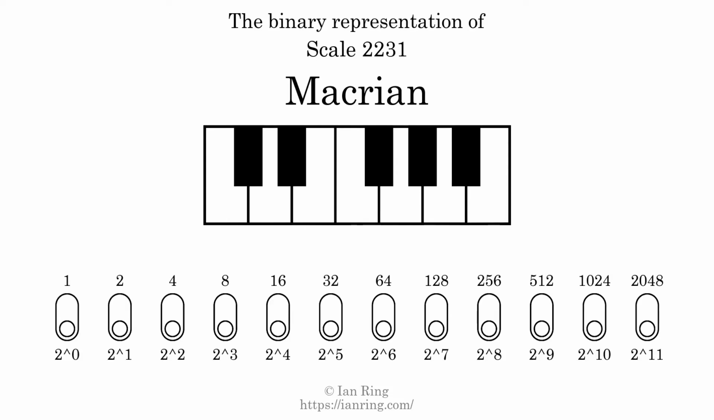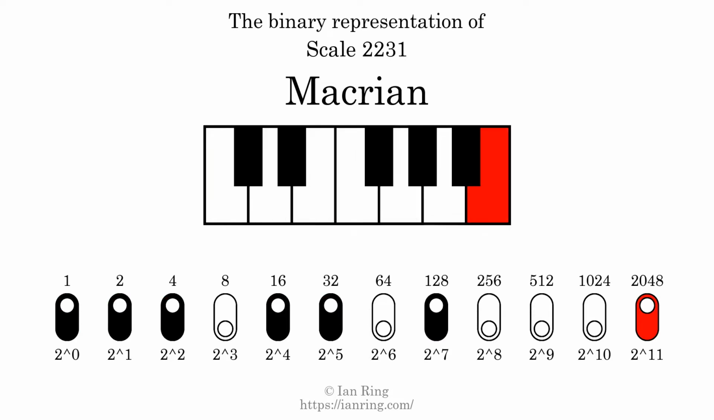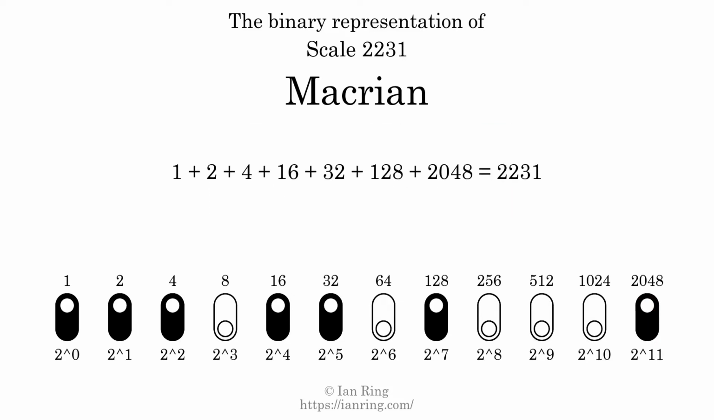The binary representation of this scale is determined by mapping tones of the scale to binary digits. Each binary digit represents a power of 2. To get the scale number, we add the powers of 2 together. The powers of 2 that are present in the scale, all added together, equals 2231. That is why the scale number, in decimal, is